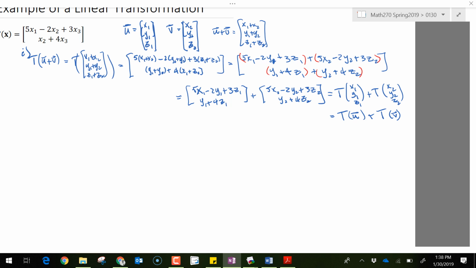Are there any questions? I know there's a lot of subscripts going on here and the variables, but if you can work through that, then this is a view of a proof that you would normally do in a linear algebra class. So that's the first part. The next part is we want to know what happens